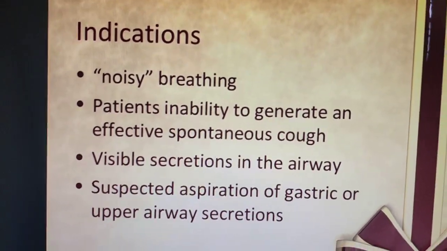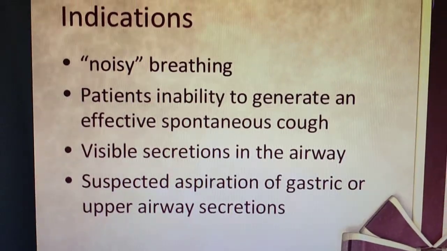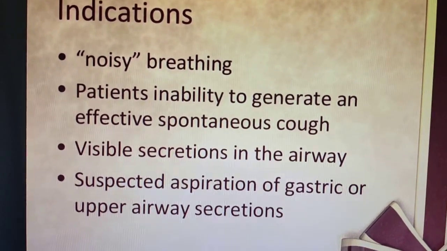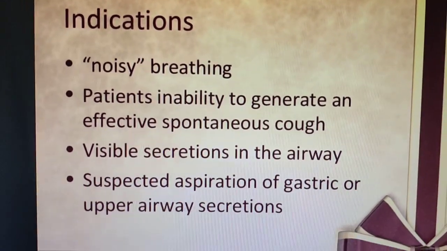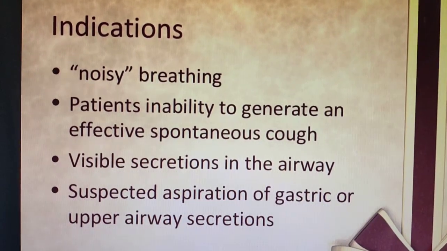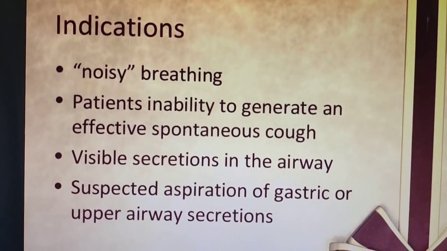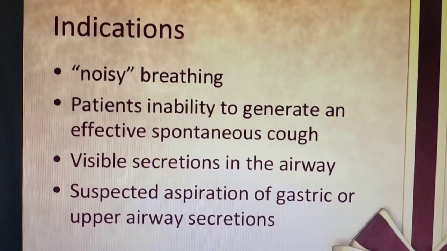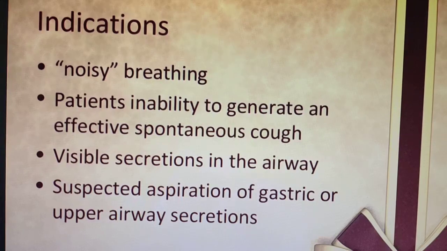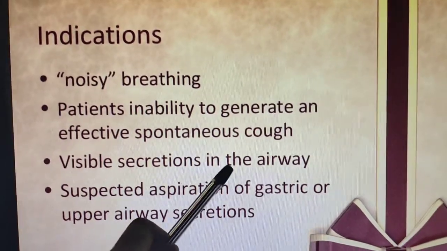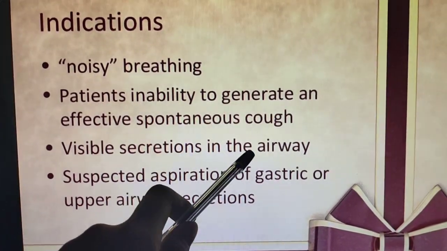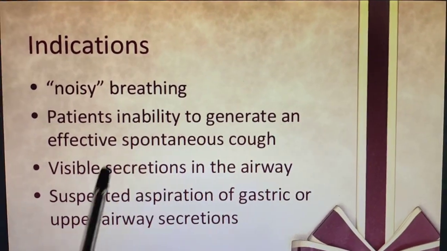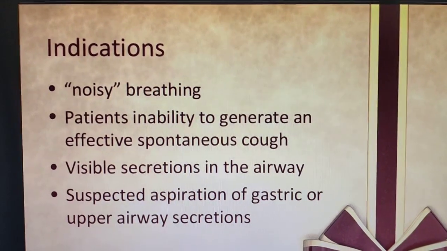Now then, the patient's inability to generate an effective or spontaneous cough. Then the visible secretions in the airway. What is the airway? Airway is nothing but the ventilators. Have you seen ventilators? The ventilators which have the connector, which we call the airway. In the next years you will see what a ventilator is and all these connections, but you have an idea. The connector is there. Once the secretion is excessive, it will be visible in the airway tube. So if you see that also, we have to do suctioning.